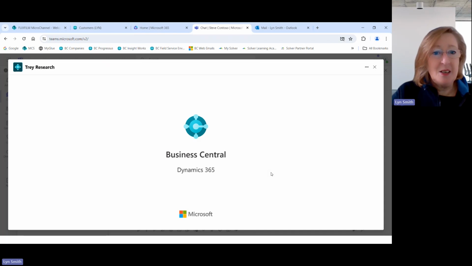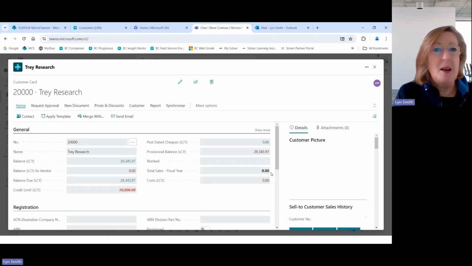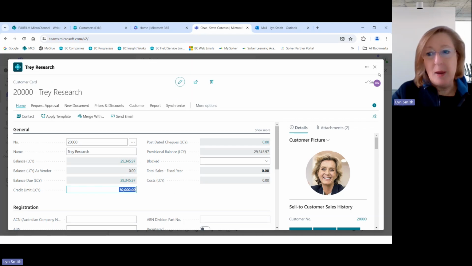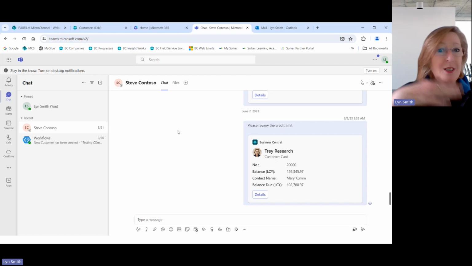Now, what it's doing, it is going back into Business Central, and it is grabbing that information and bringing it back. And then Steve can look at it. Steve does not have to open up Business Central. As long as he's got the right permissions, he can actually look at this information. He's also got full drill down capabilities. And if need be, he can come in and actually edit that information. And then once he's closed that down, it goes back into Business Central. And what will happen from there is if there was any approval process, it will follow through from there.